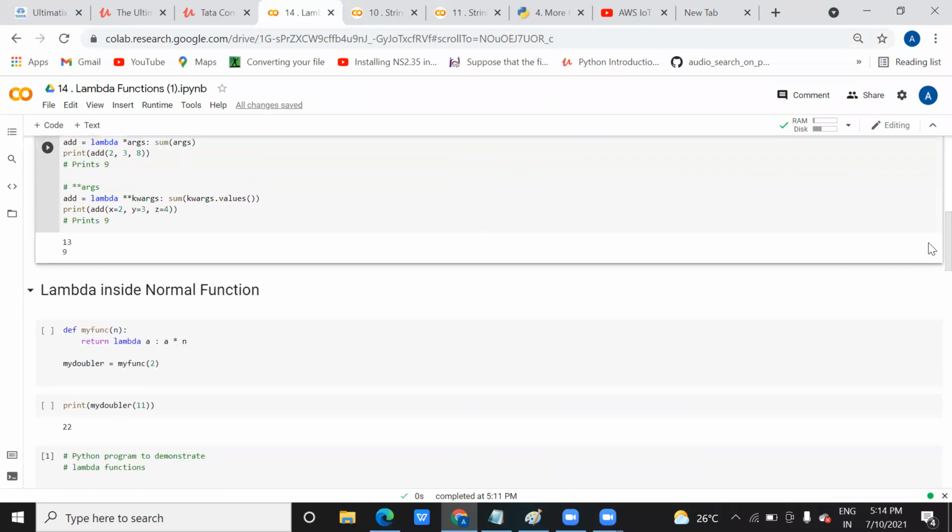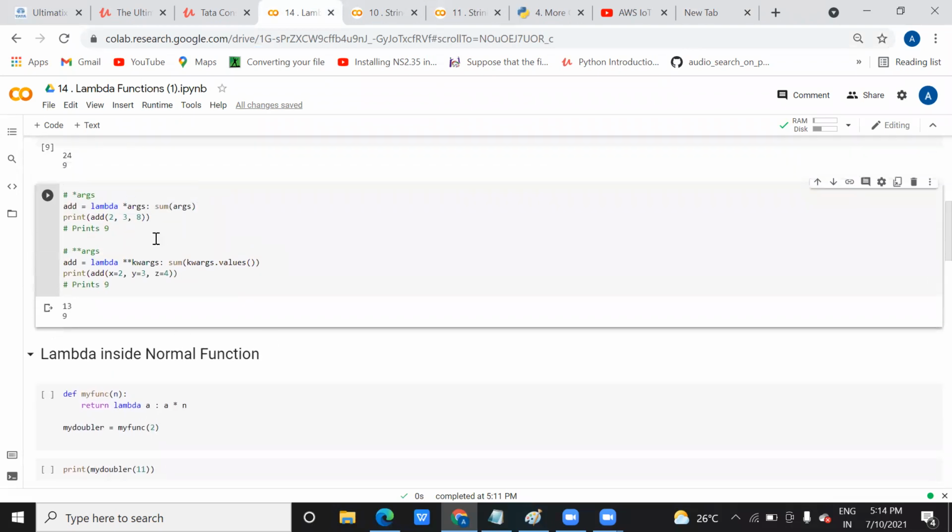So as I said, similarly here also you can do it with non-keyword arguments and keyword arguments also. Like here you are passing x is equal to 2. In place of 2, let me take 12. In place of y, let me take 23. And here let me take 47. Now based on these values, when you pass these keyword arguments, this will call sum.